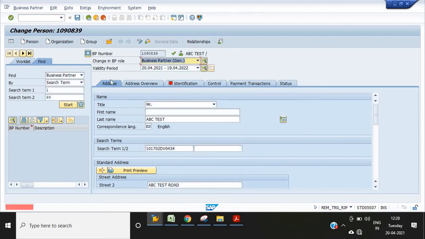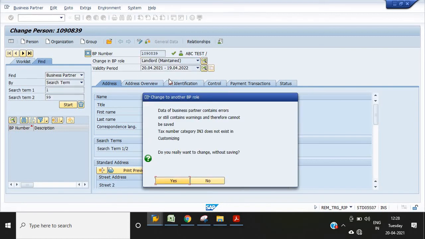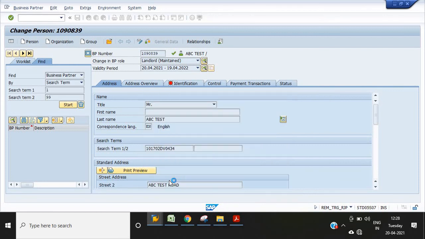Now click on the save button. I have again maintained the roles for the landlord.